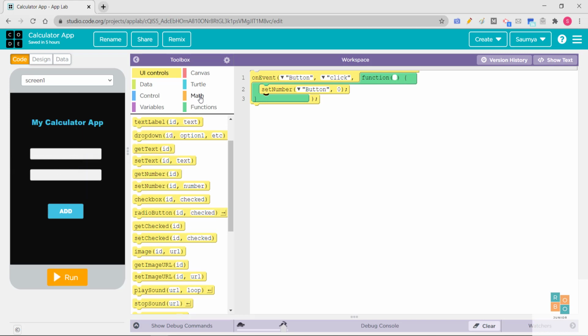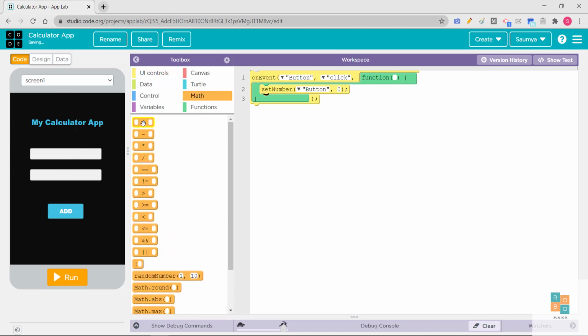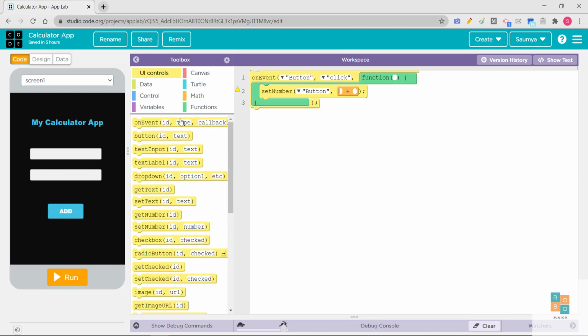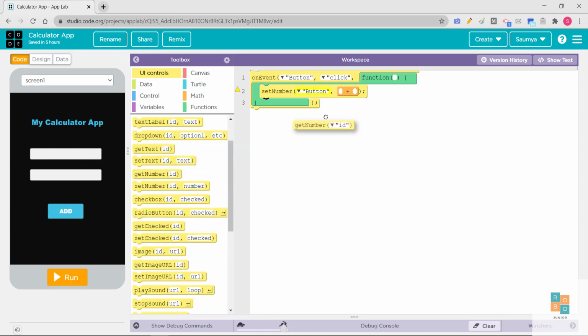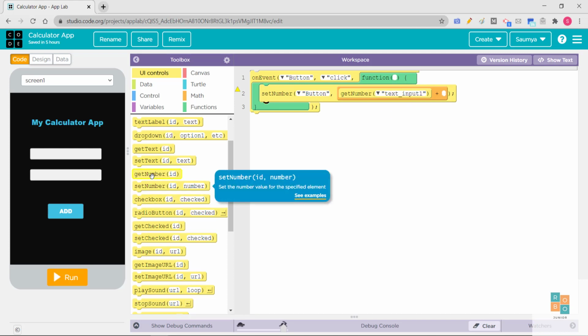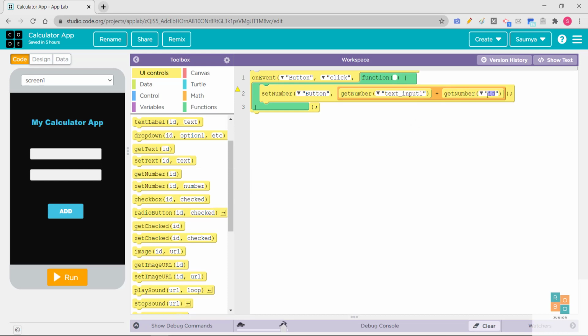So we will go in the math toolbox and we will pick the plus code block, right? Then come back to UI controls, and now what do we want? We want to get the number which the user will enter here and here, right? Drag and drop get number here, and we want text input 1 and we want text input 2.